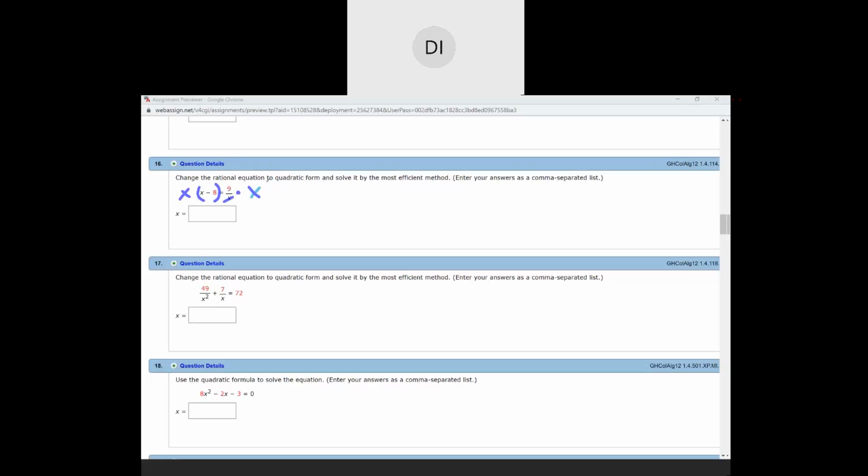So what is left? x times x is x squared, and x times negative 8 is negative 8x, and that equals